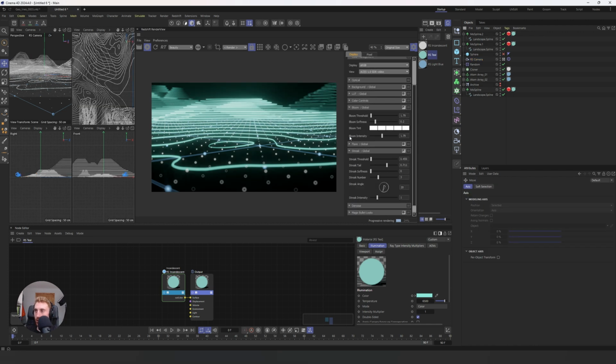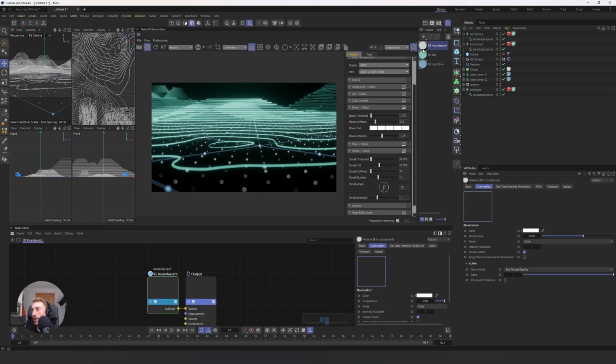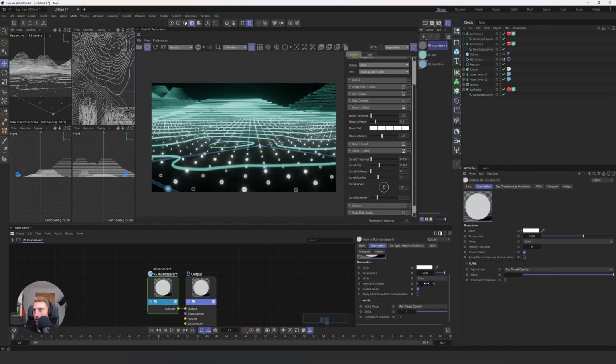Mess around with these values, you'll get different brightness. You start to get these tails on the streak, which is quite nice. Bring them down if you don't like them. And a big thing to start to play with here is definitely the intensity of your incandescent material. So the more intensity, the more luminance and brightness you get in that material. You can also bring down the alpha to that. So if I bring that to 0.5, you'll still keep the intensity, but it will be a little bit more